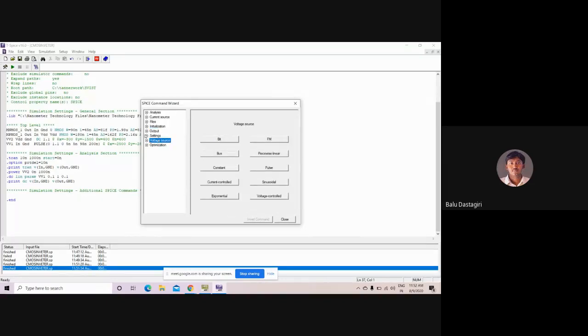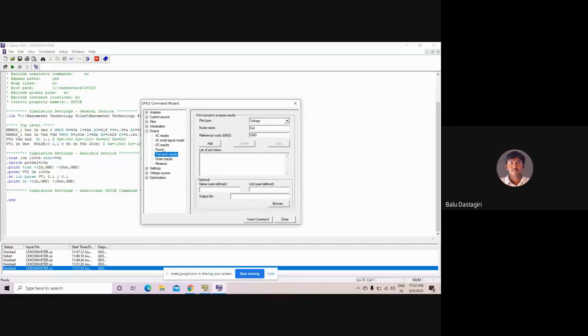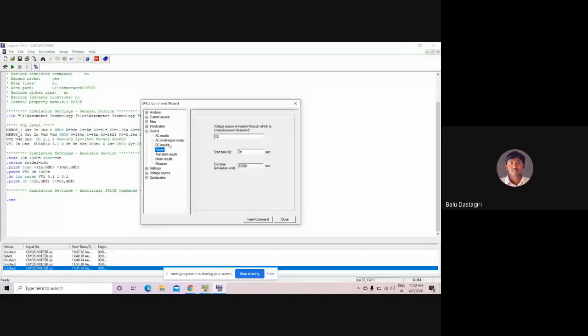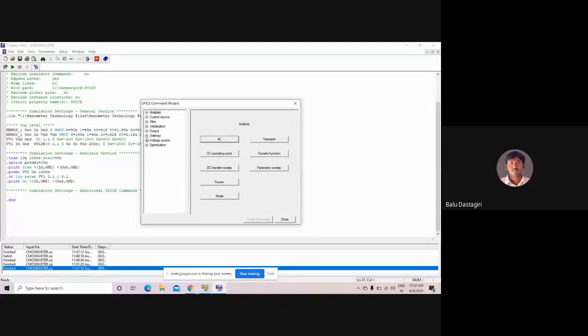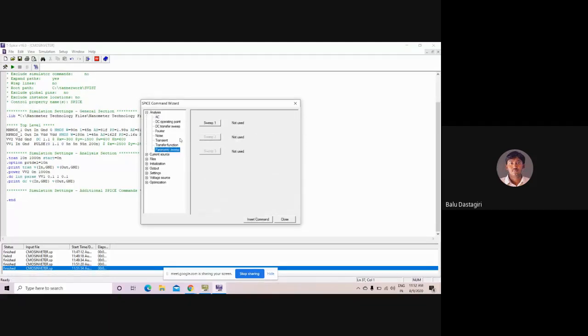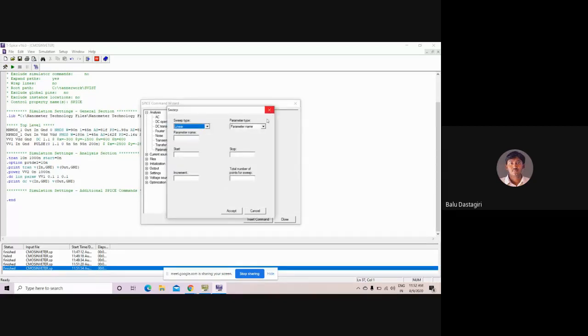Voltage source settings, output power we have taken. Or else what you can do is analysis, parametric sweep analysis. So it's a different thing. In the parametric sweep analysis, the source name is VV1.